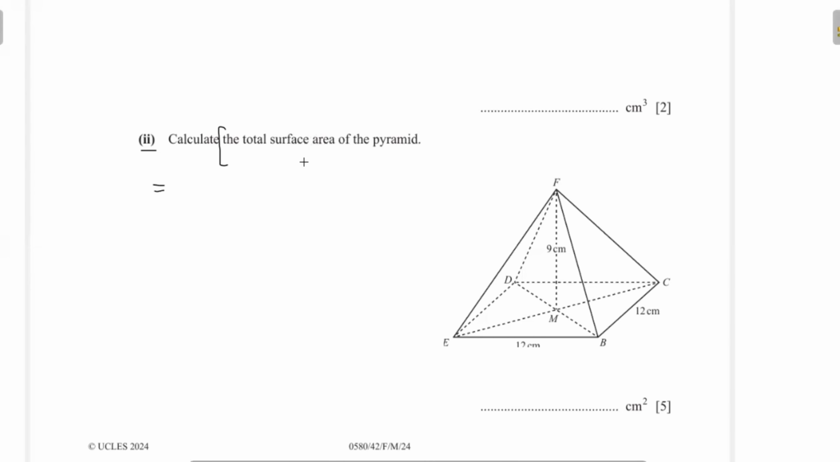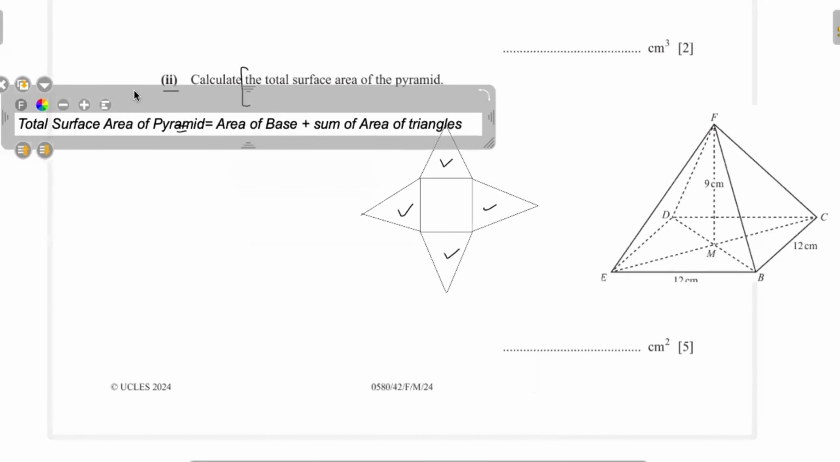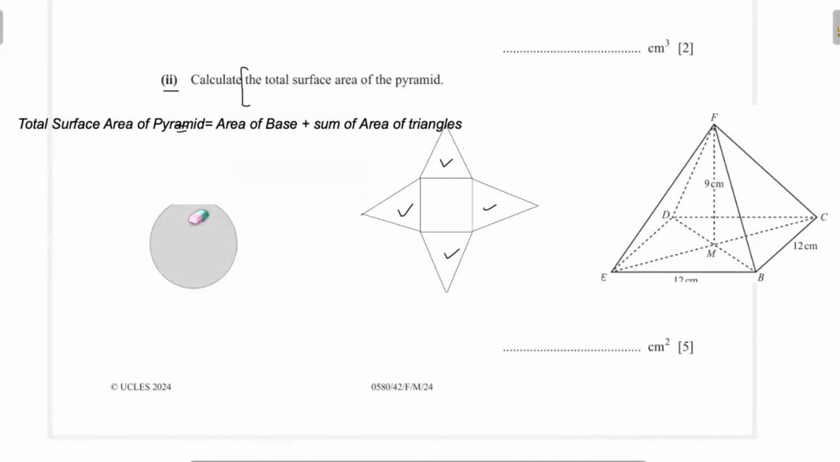Part second, calculate the total surface area of the pyramid. To calculate the total surface area of the pyramid, firstly, we draw the net of this pyramid. You see here, this is the net of the pyramid. And you see here are 5 faces, with 4 triangle faces having the same areas. The base of the pyramid is a square. Therefore, the total surface area of the pyramid will be equal to the area of the base plus the sum of areas of